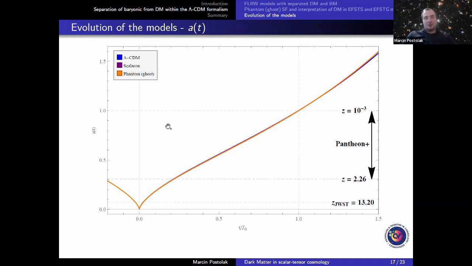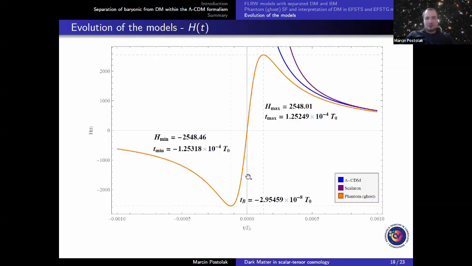Here you can see the evolution of the scale factor in our models. In the case of the scalaron, we also have the problem with the Big Bang and the lack of an inflationary mechanism. But in the case of the phantom ghost model, we obtain the so-called matter bounce scenario. And how can you see it? In the case of Lambda-CDM and the scalaron, we observe the standard evolution of the Hubble parameter. But in the case of the phantom ghost, you can see that at some moment before the bounce, one obtains the global minimum of the Hubble parameter. Then at the bounce, we go through the zero value. Then when the bounce has ended, we obtain the global maximum,